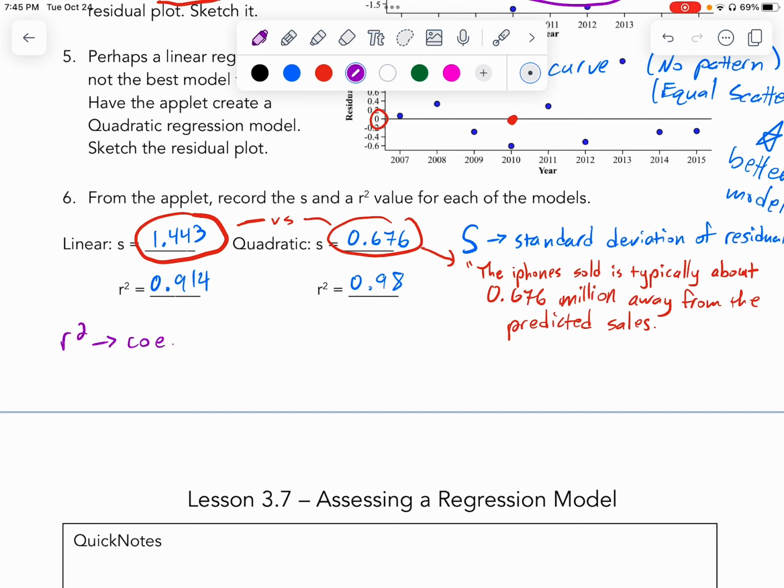R squared has a name, coefficient of determination. Sounds very serious. Here's how you would interpret the 98%. First of all, you change it to a percent. So 0.98 is 98%. 98% of the variability